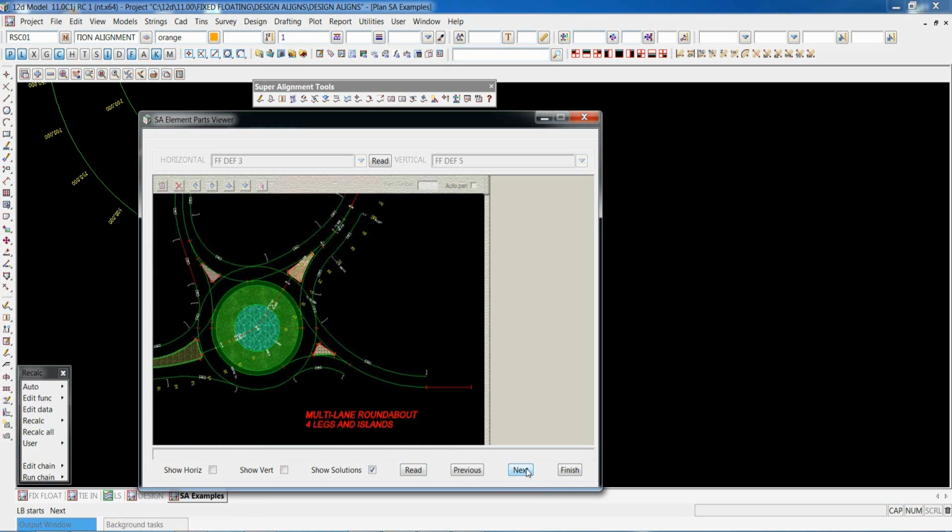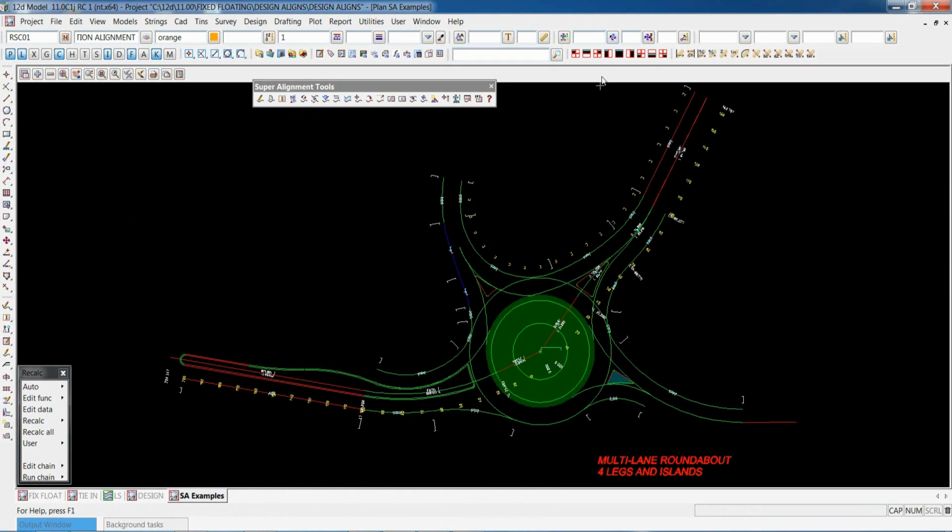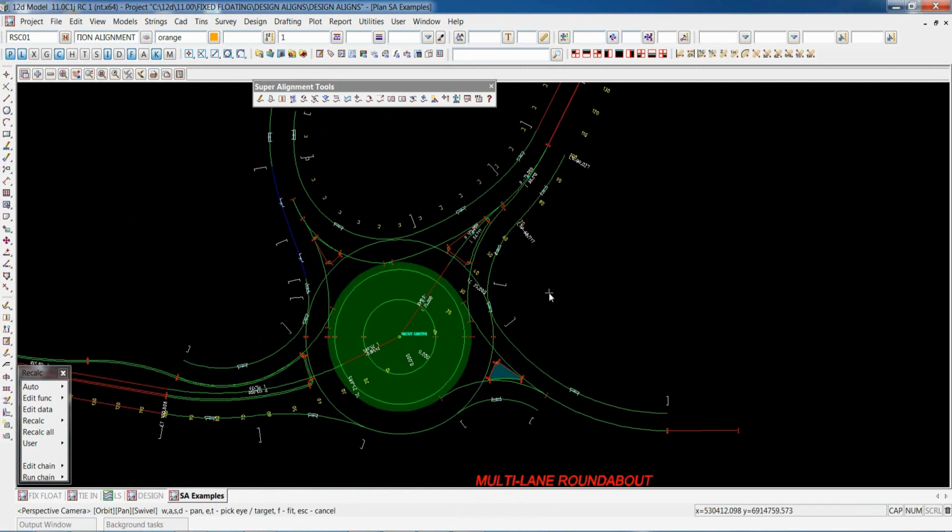Again, we've got the same sort of thing, a roundabout here, so we can read that in. This is not a component, and we'll look at some of the components at another stage, because the components just use all these element type methods. So if you are going to look at the components, placing of automatic cul-de-sacs and all that sort of thing, then you will have to be skilled up on fixed and floating, which is by attending this webinar and being able to see the video. Hopefully that will be the case.